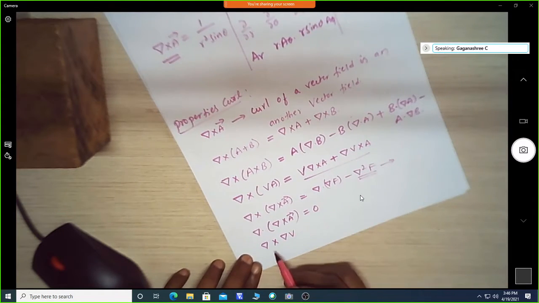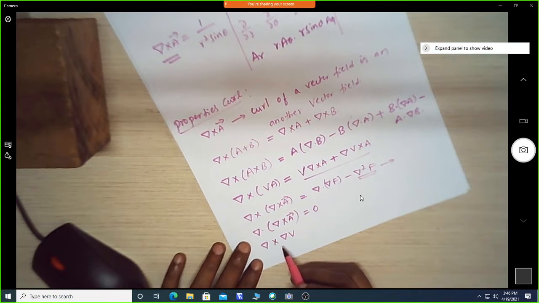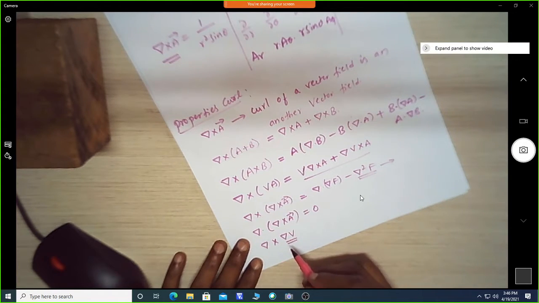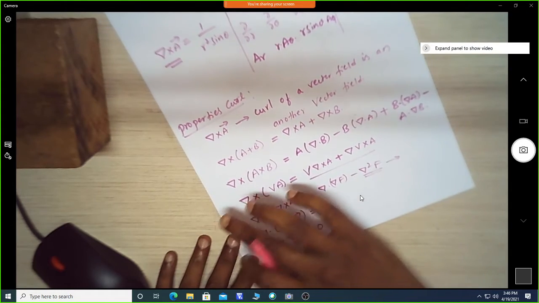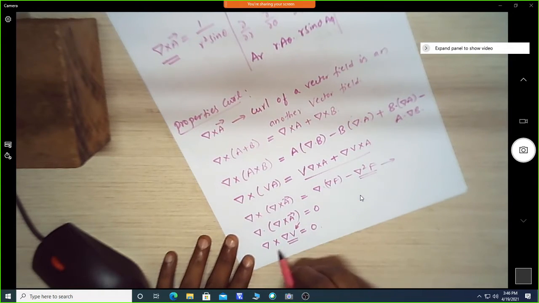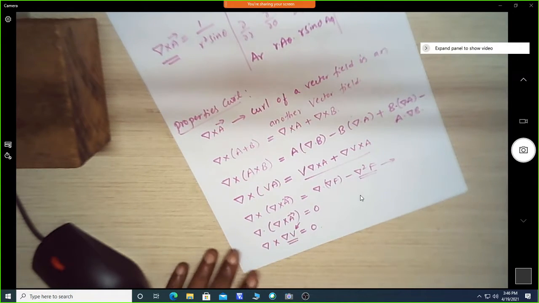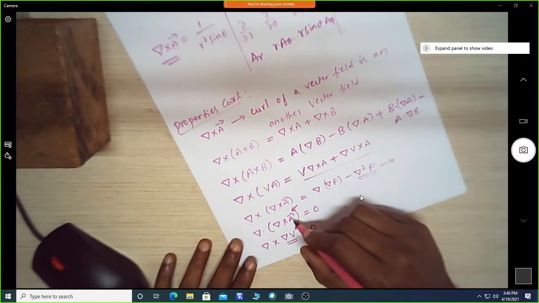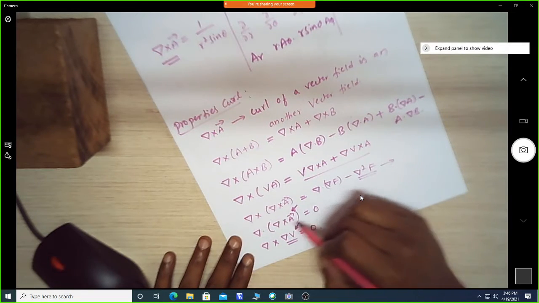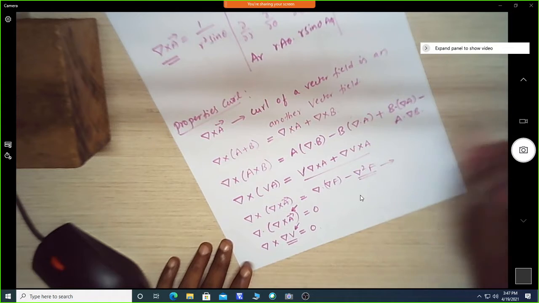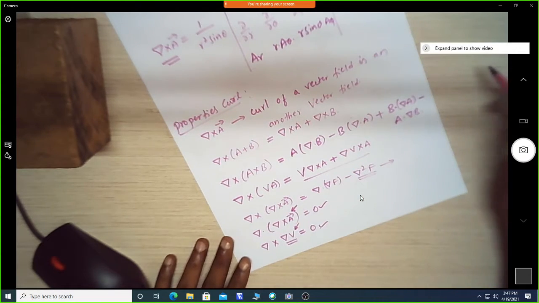If I operate on the gradient, which we have already found out, the gradient of scalar field V, and then apply the curl to that gradient of the scalar field, again it will go to 0. You can take any scalar field and operate on it, and it will become 0. You can also take any example of a vector field A, in Cartesian or cylindrical, whatever it is, operate and see what it becomes. It will vanish, and here also it vanishes. So these are some of the important properties of the curl.